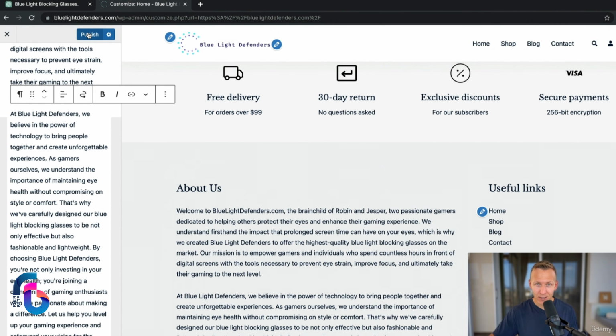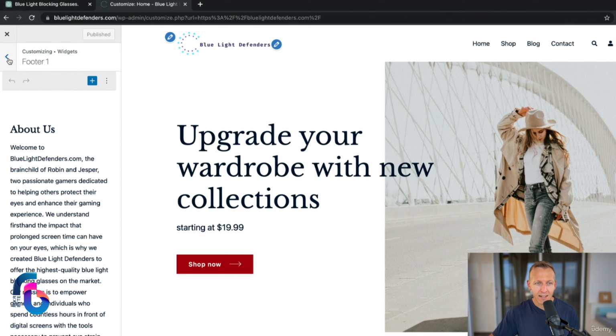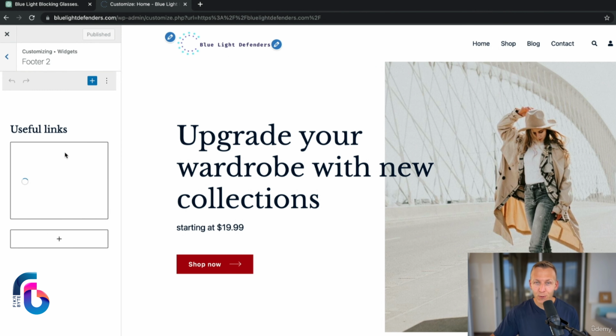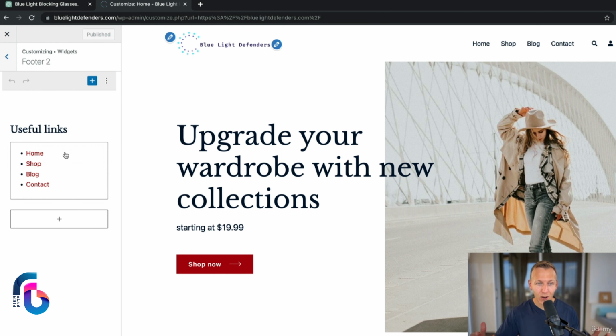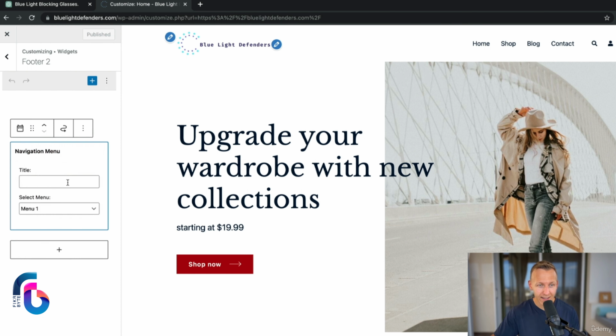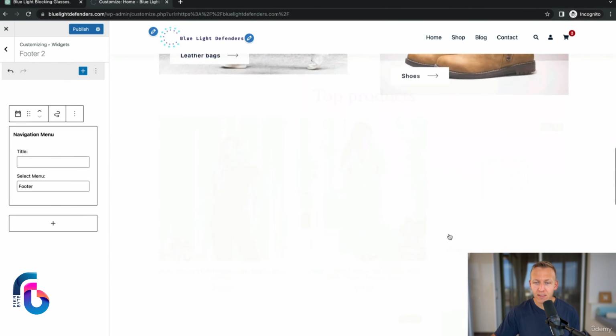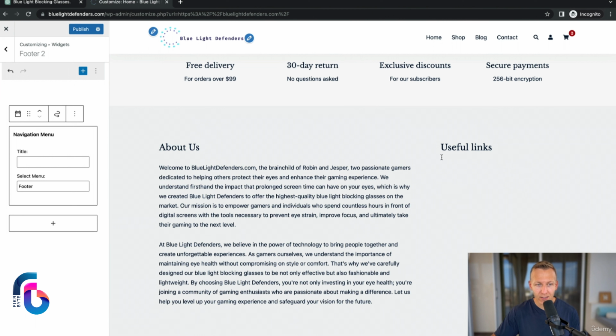I'm gonna click on Publish, and then I'm gonna go back. And then I'm gonna click on the back button here. And now I'm gonna go into footer 2. And footer 2 is of course going to be our useful link. So I'm gonna click here, and then I'm going to select the menu, and I'm going to select footer menu. Now the problem is we haven't properly selected our footer menu yet. So there's nothing happening here right now, but we just need to make sure that we have useful links and